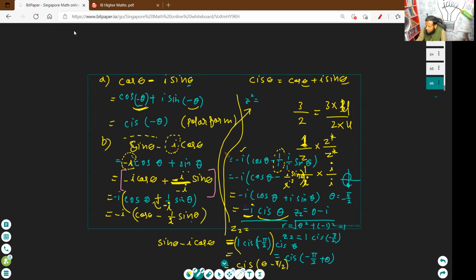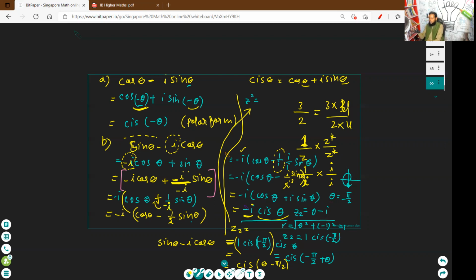So you understand? It is clear? Yeah. I think in the last we get this quantity in cis form, but we are multiplying minus iota with cis theta. Minus iota is in Cartesian form, and cis theta is in polar form. So both are different. So we change both into polar form and then we can multiply.